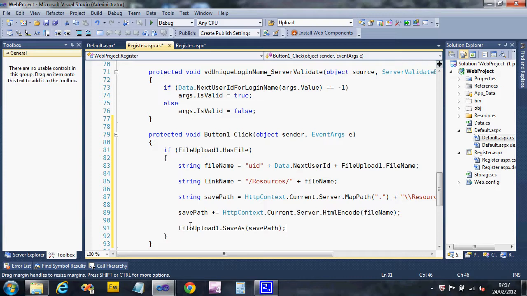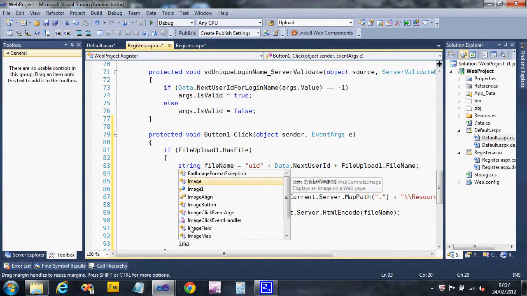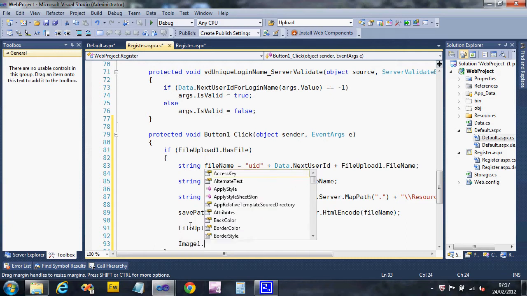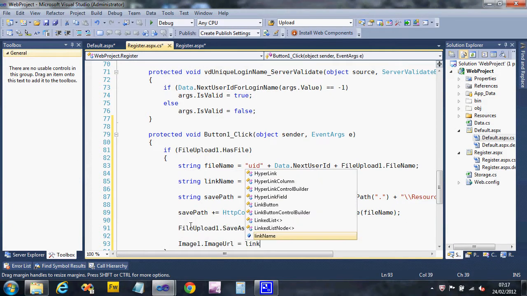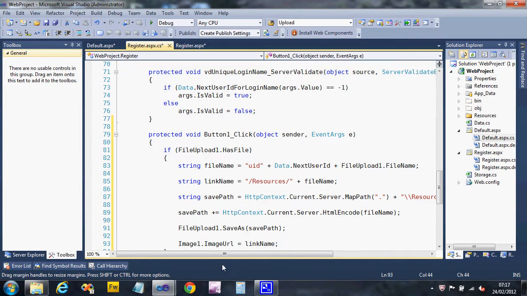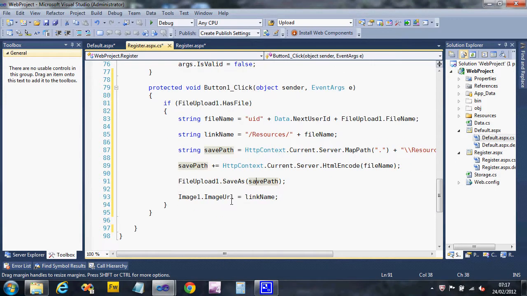It's the same upload for anything. If you want to upload anything, it's the same process. It doesn't have to be just an image. Right, once we've got that, we should be able to show on our image that URL we made with the link name. Showing the image is important because that image box is going to remember what that link name is for when we want to save it in the database. So this bit has just saved it